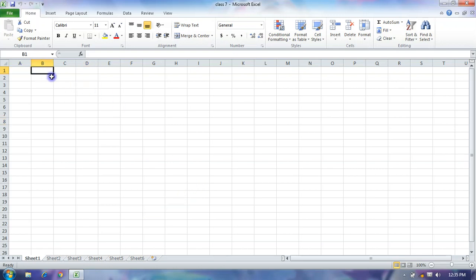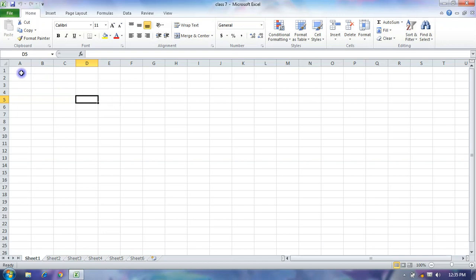These are known as cells. Cells are at the intersection of a row and a column. The cell is the smallest unit of the worksheet, used to store data.